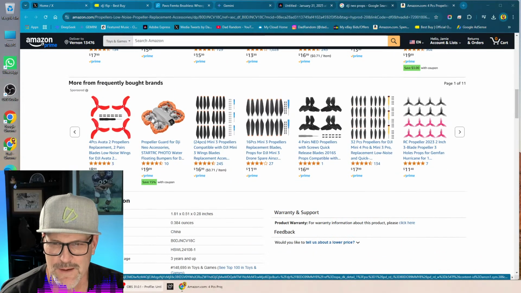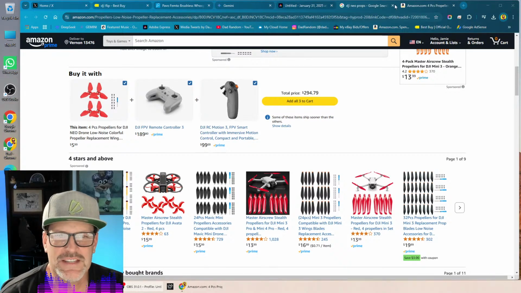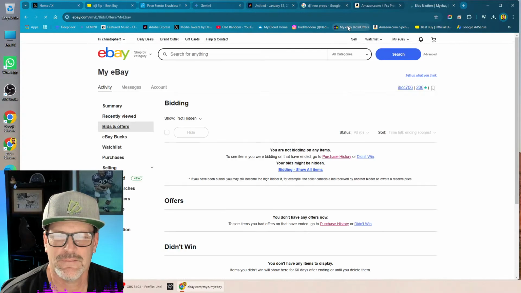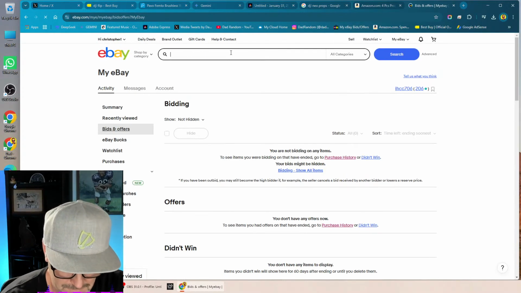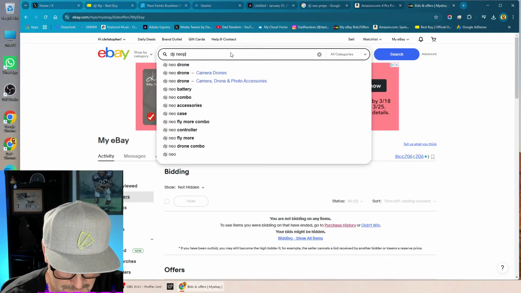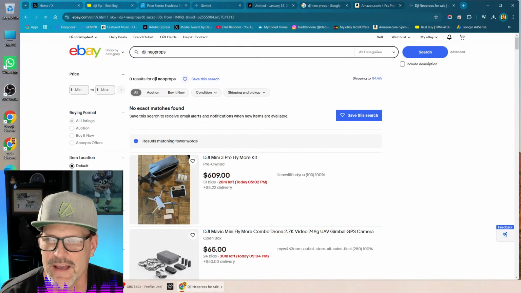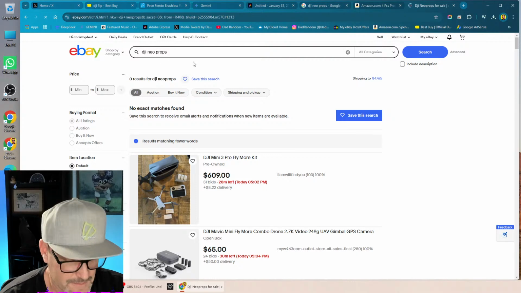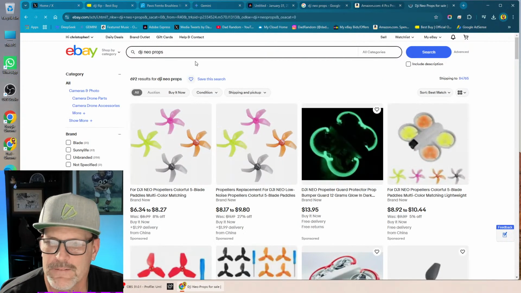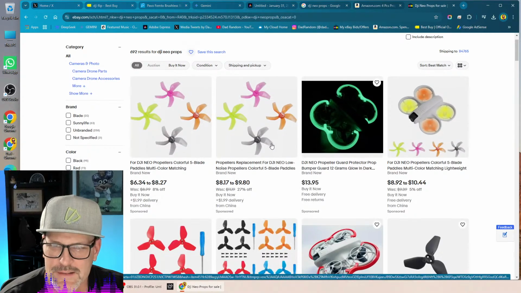Those Avata 2 props. Let me see if there's anything on eBay, see what other props there are. Usually Amazon has everything that eBay has. So we got these prop variants.